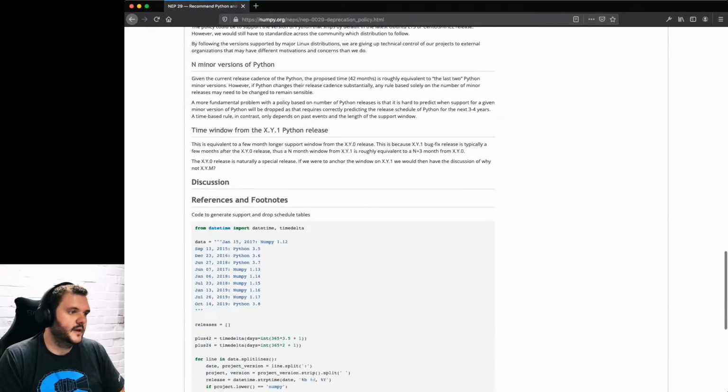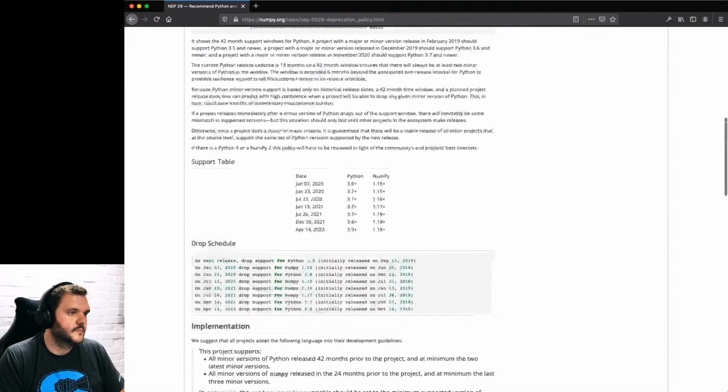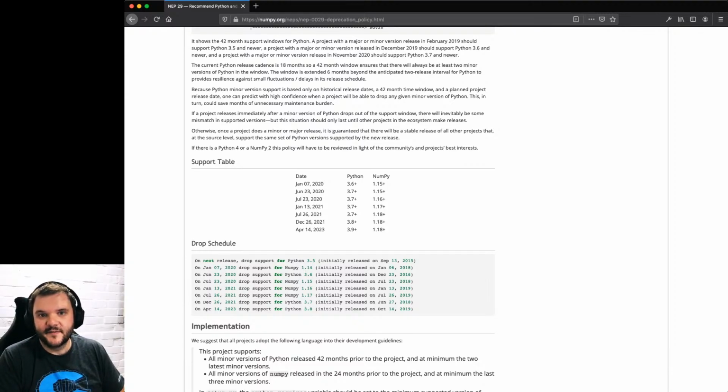Now, this is how NumPy are handling it, and it includes their own versioning as well. But I'm treating this as my own rough guide for when I can start using features in specific versions of Python. As of now, anything in Python 3.6 is the minimum that should be supported in any package, really, and any features in Python 3.6 are game.